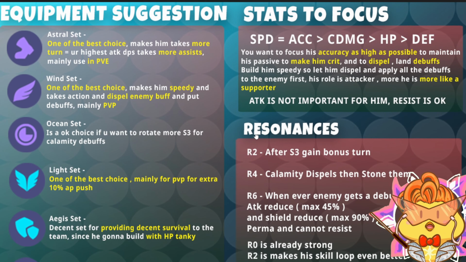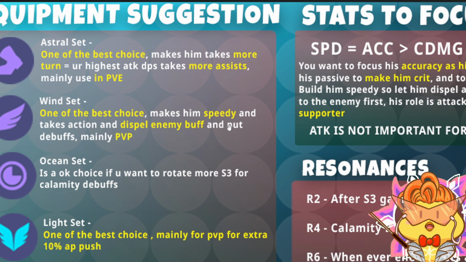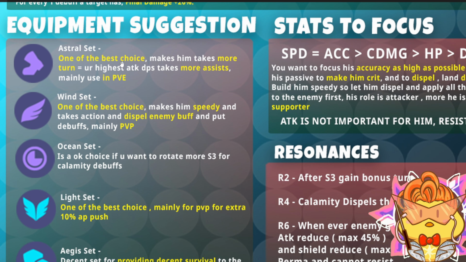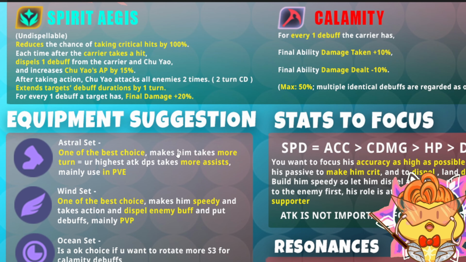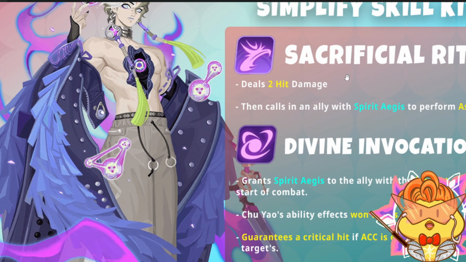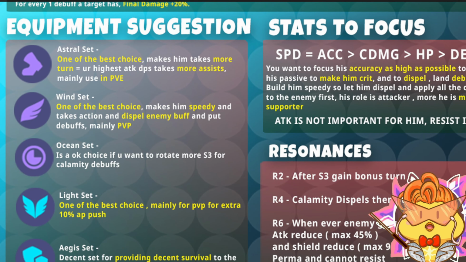Okay, then for the equipment suggestion here, because Chuyao is an Esper that's able to play in PvE and PvP, there are 2 sets. For my case, I would recommend Astral Set as the best in slot choice to make him take more turns, so your highest attack DPS can get more assists. So this is mainly used in PvE. In a PvE situation like Falsetto Fantasy or Chronos, all this stuff, you want him to use Astral Set to make him take more turns. So the more turns you have, the more S1 you are able to use. So the more S1 you're able to use, the more assist procs you're able to do on the ally,